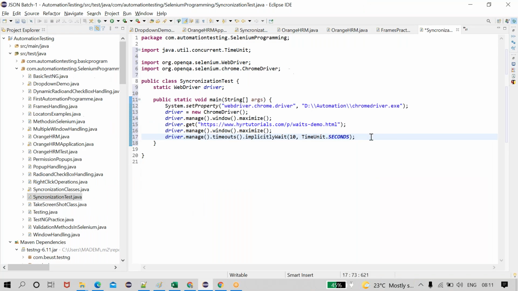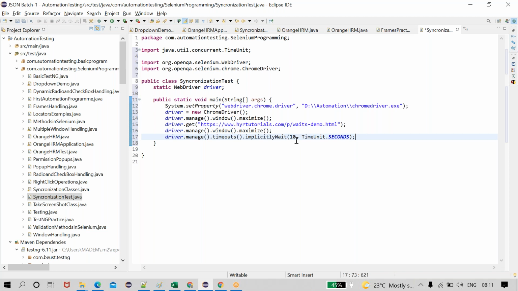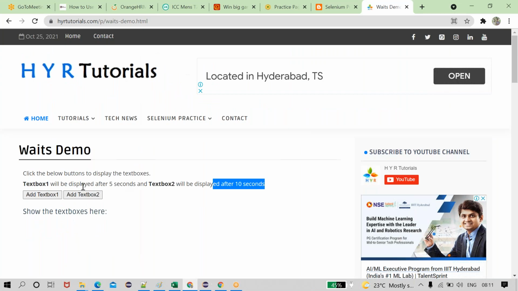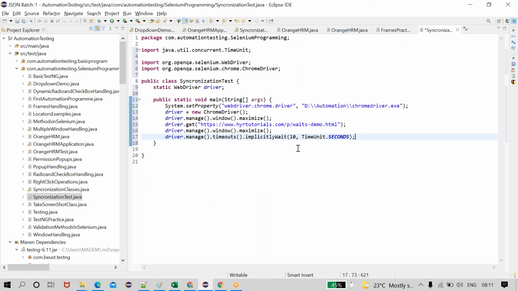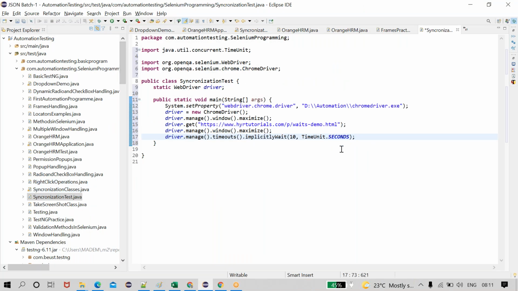I already tried with the implicit wait, and it is working fine because by default it will wait for 10 seconds until the element is loaded. If you give less than 10 seconds, this second text box won't open. It will show the NoSuchElementException. We already discussed this in the previous session.